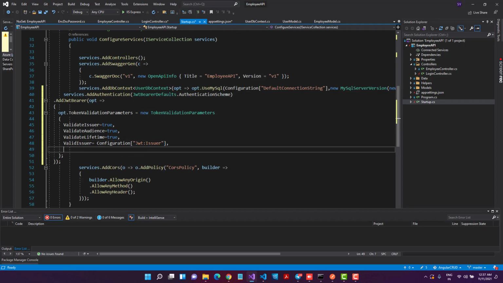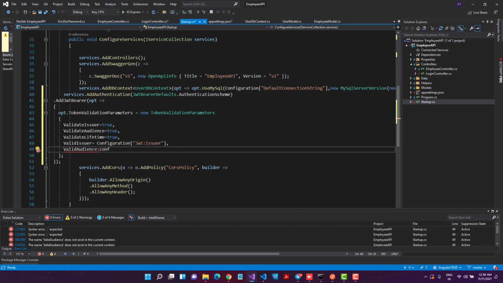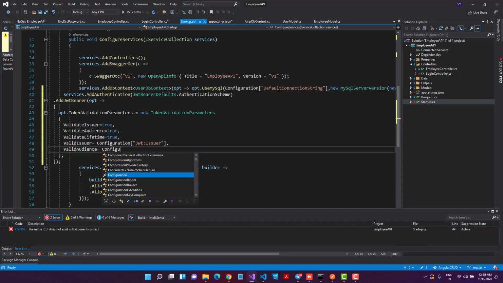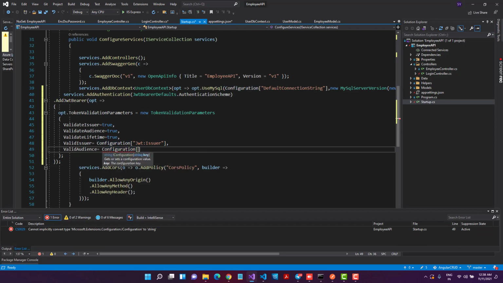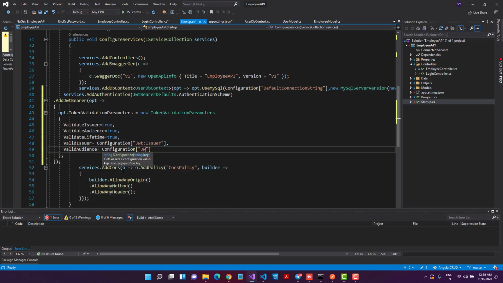And the same goes for the audience. So I'll say valid audience, and this will again come from the configuration. Again, this is present inside our app setting, so I'll just say JWT dot audience.